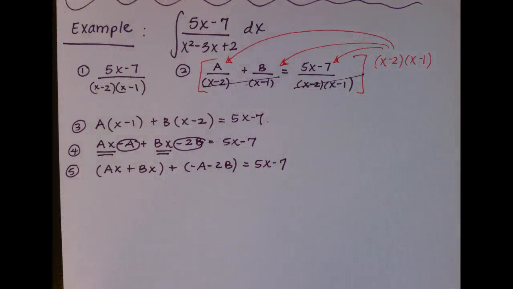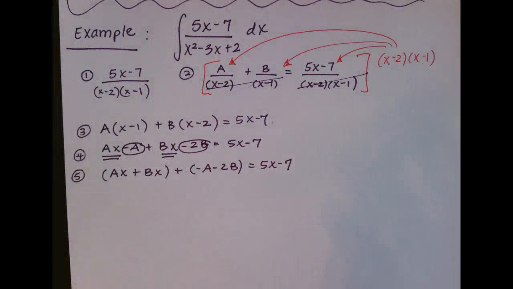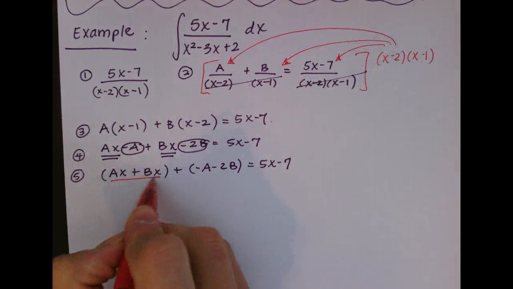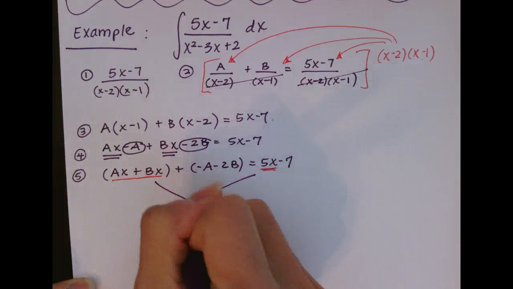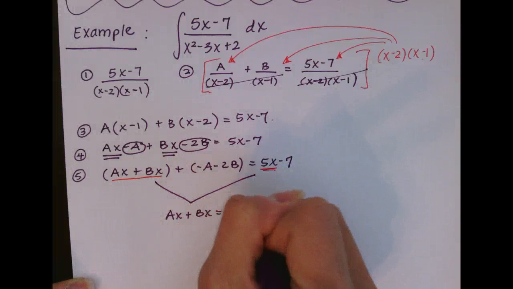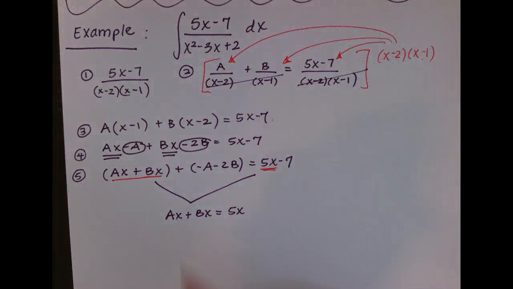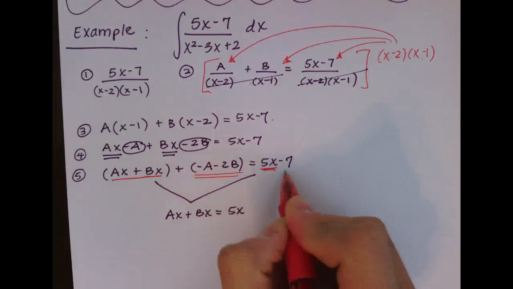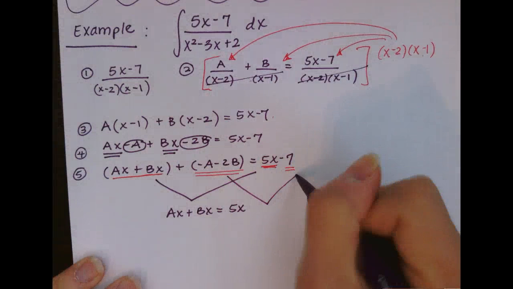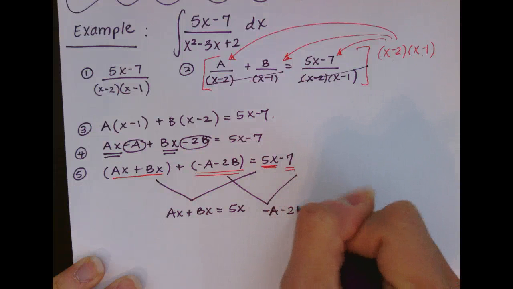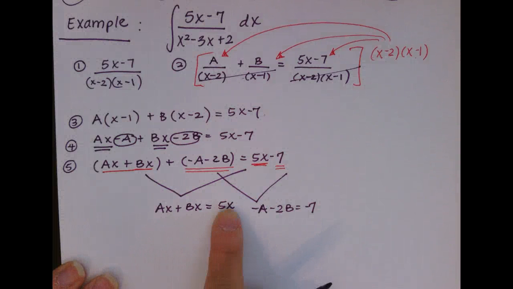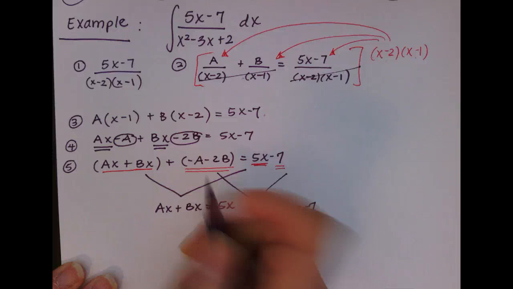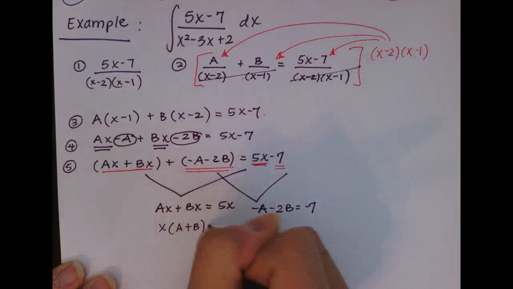And so what I can do is say that this linear x term, Ax plus Bx, has to equal 5x. So I can combine those together to get one equation. And then here's my constant expression, which has to equal negative 7. But since both sides in this linear term have x's, I'm going to factor out the x to get rid of it